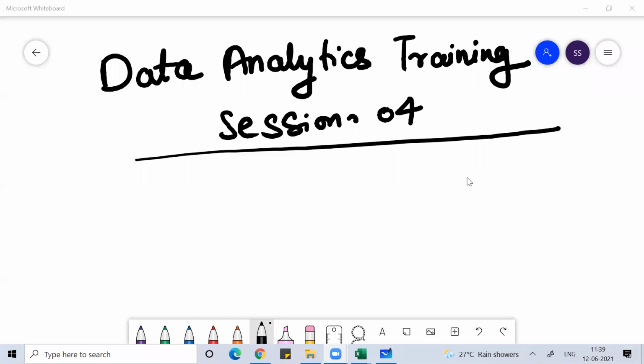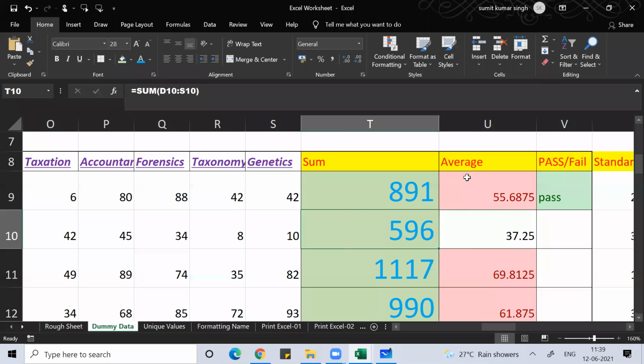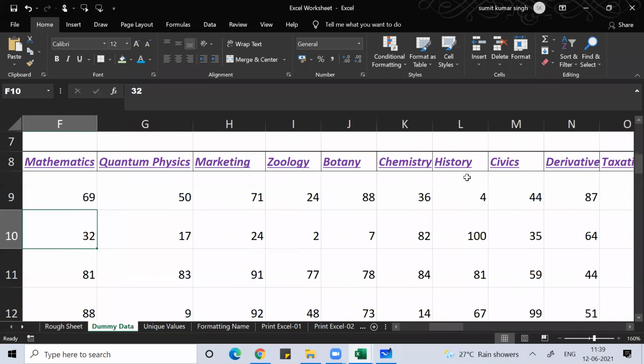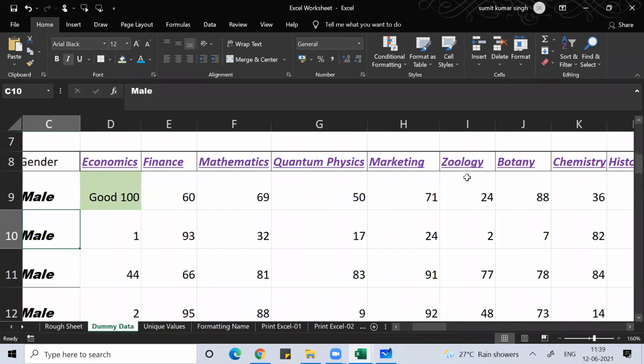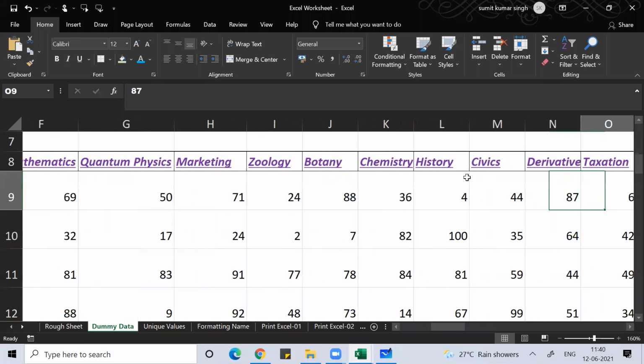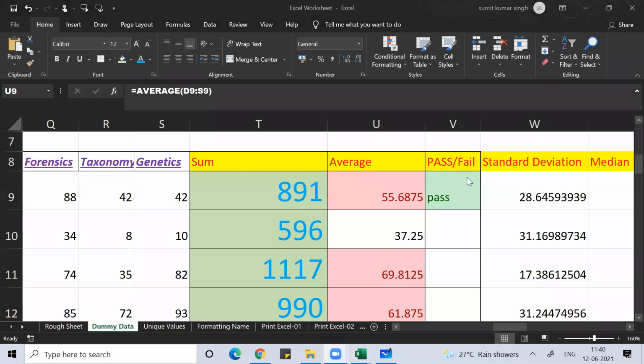So, we were discussing the functions related to sum and averages. These are basic statistical functions which we already studied in UG first semester or in MBA first semester about statistics. We know how to find the sum, and we know how to find the average.